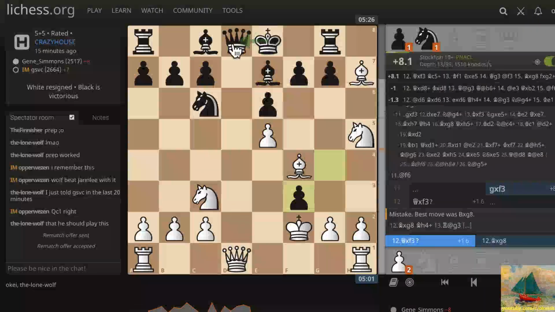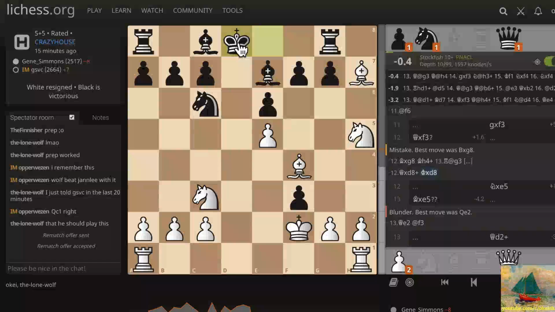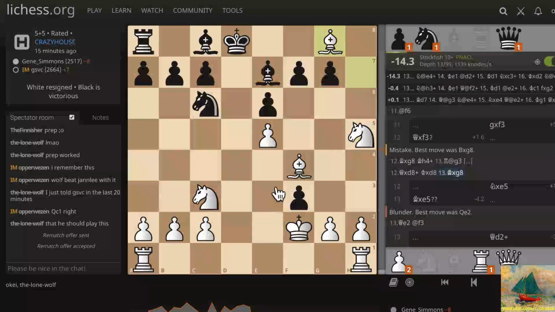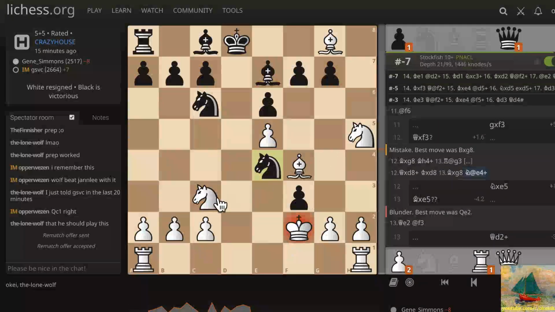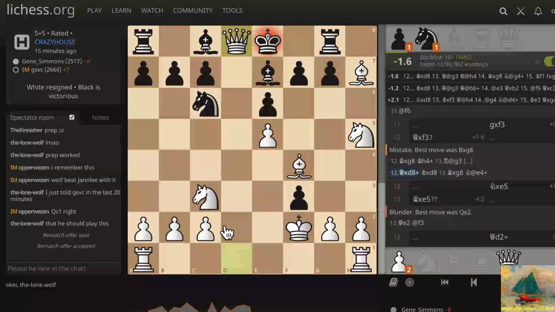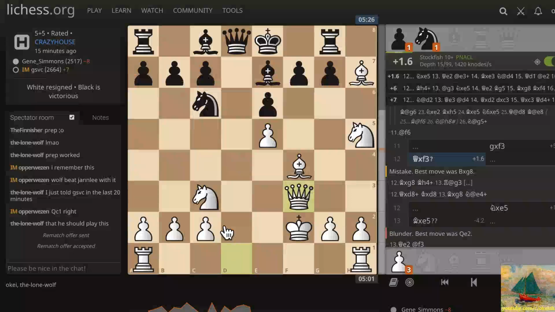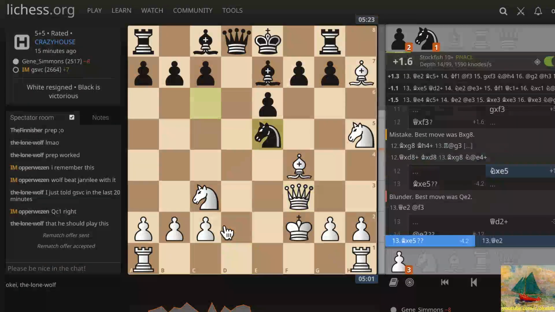If queen takes d8, king takes d8. I wonder what comes next. Queen takes d8, king takes d8. So we can't afford to do this, presumably, because knight e4 check distracts the knight, and then a queen comes in. Yes, that's lethal. So queen takes f3 is natural to avoid the exchange of queens, but then